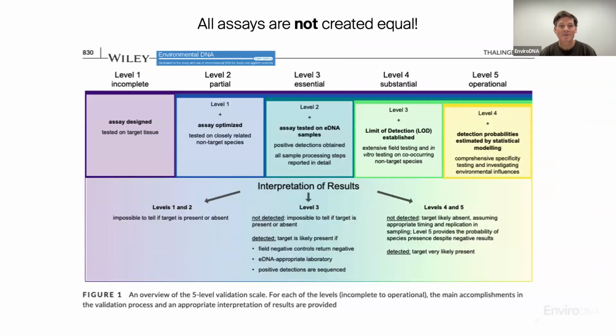And from that, it follows that all assays are certainly not created equal. So this is a useful hierarchy of validation from Bettina Thallinger et al., which we use some sort of variant of internally to qualify our assays. And if you are using qPCR, and if we or others have designed qPCR assays for you, you should be familiar, I hope, with some of these steps, and you should be able to ask questions about what is my validation level, how portable is this assay, how efficient is it,